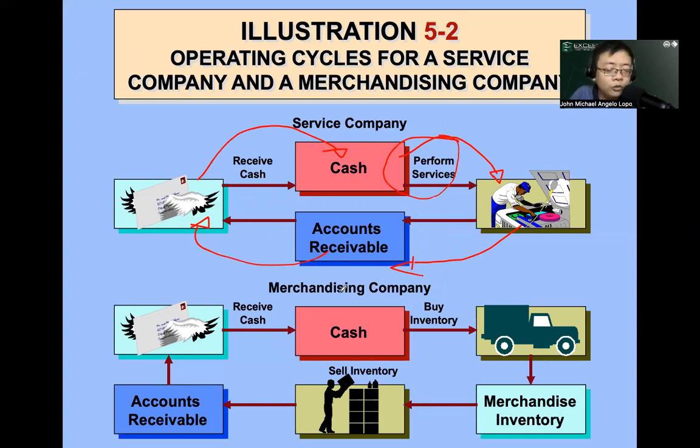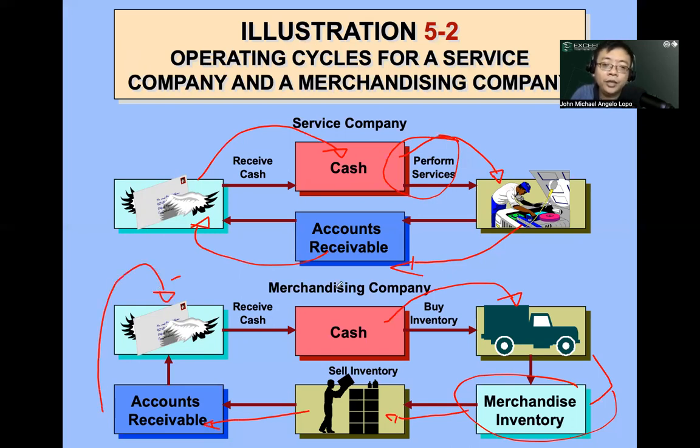You have also what you call merchandising. You have cash, you buy inventory, and you have your inventory here. Then you sell your inventory, or you can keep it in the warehouse when it is not yet sold. Then you bill your customer as part of the accounts receivable. When the customer pays, you have cash, and your money goes to the bank. Then you withdraw again and it goes back to inventory. It keeps repeating. This is what you call the operating cycle in a merchandising company. That is why it is buy and sell. So far, no questions?